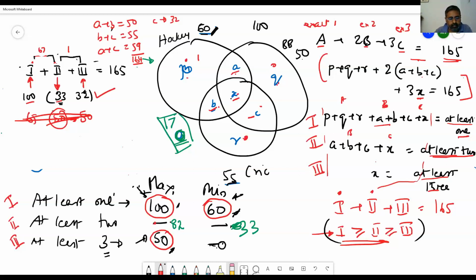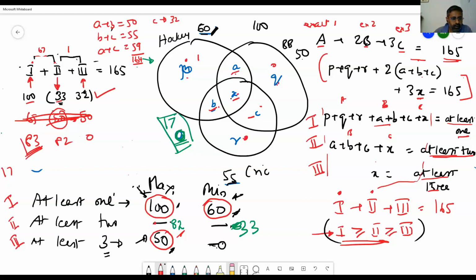Sir, I wanted to ask you one thing. You said that outside variable is there. Like, how do you get 17 when you have 33 outside? No, no, I'm not talking about 30. I'm talking about when it is 82. When it is this, we had 83, 82, and 0, isn't it? So which means A union B union C was 83. So outside was 17.